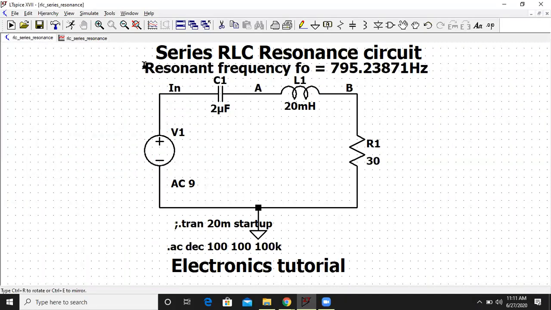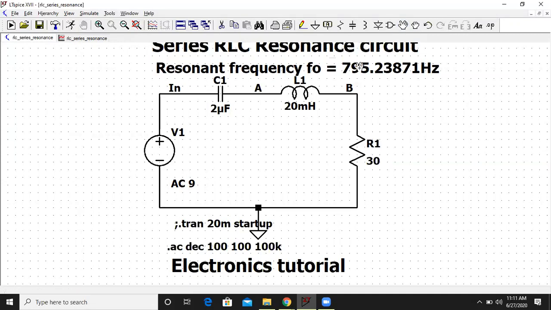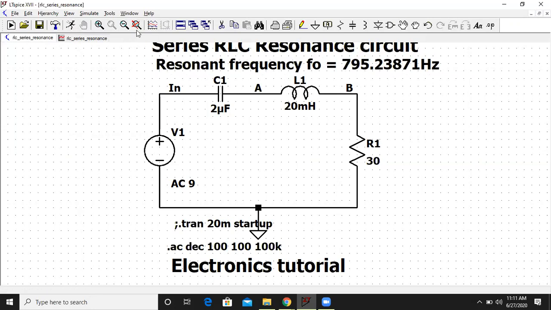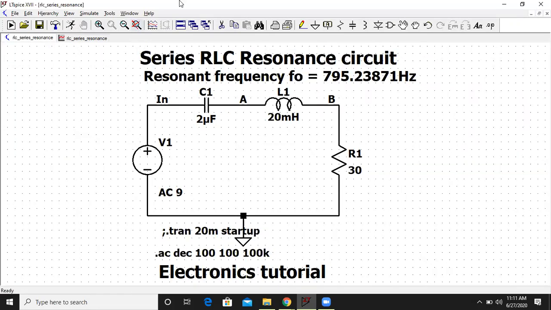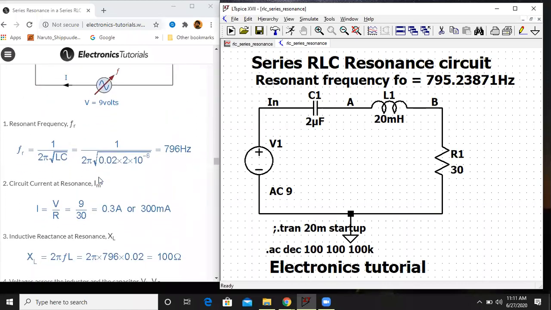So this is the resonant frequency which I'm getting. It's around 795.2 hertz. Now what you do is simultaneously, I suppose that you all have a calculator. fL, that is the resonant frequency, calculated by the theoretical formula, that is 1 upon square root of LC. So if you all do that, you will get a number. Let me also do it.